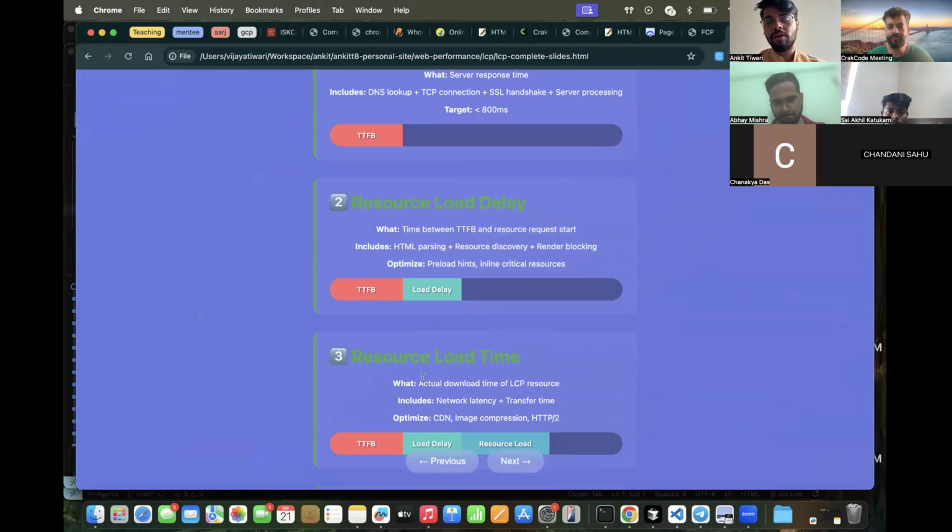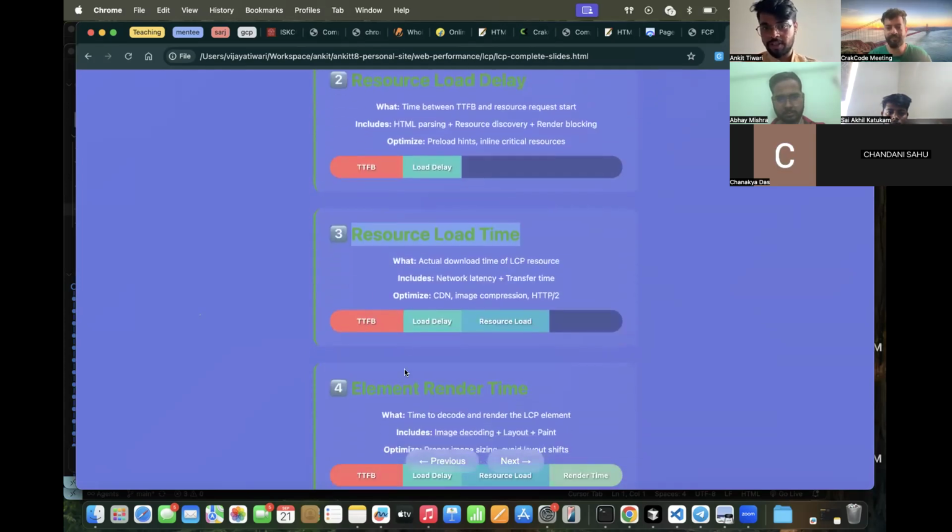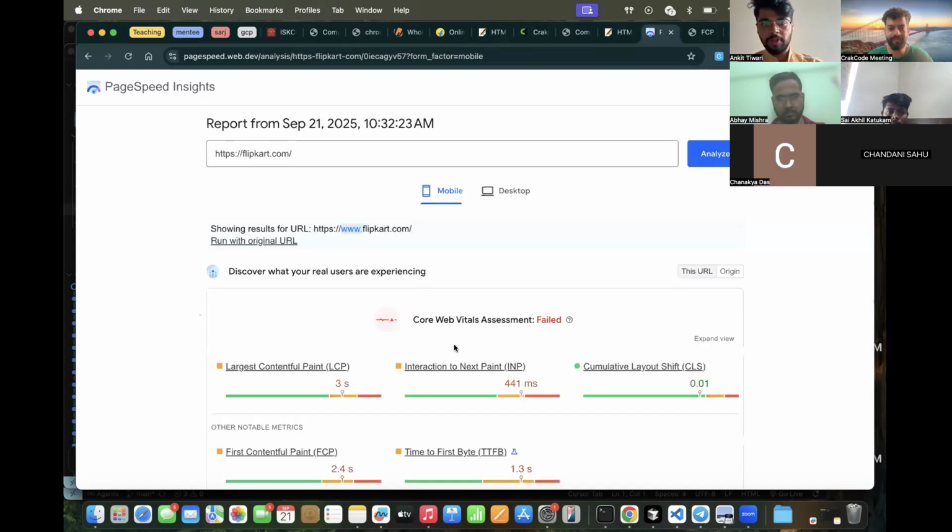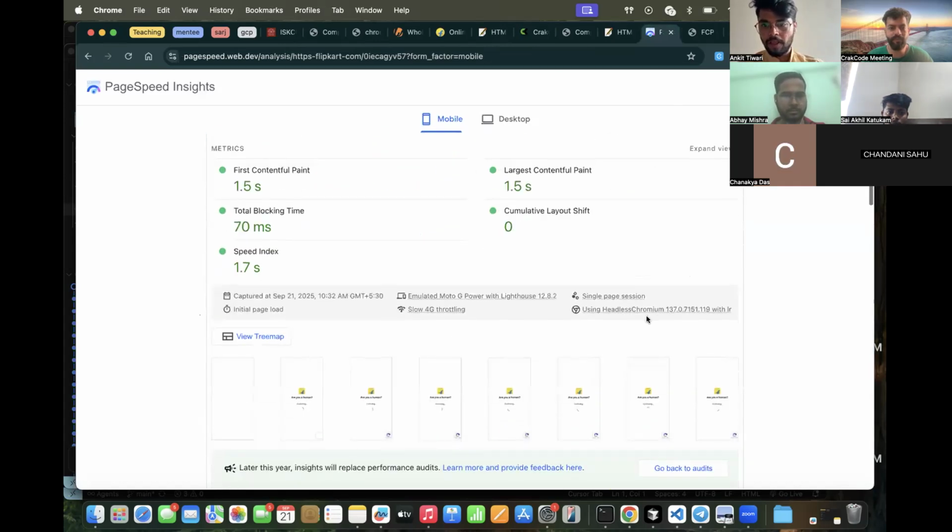Then comes the concept which people have: my image is big, it's a slow network. All those things are covered in resource load time. But this is not the only thing which contributes to LCP. There are four metrics and each has its weightage also. If I show you a PageSpeed Insights example, let me go to